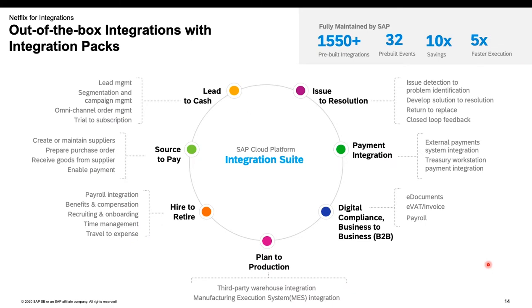So now here you will find an overview of the different integration packs that are supported with the SAP Cloud Platform Integration Suite. 1,550 scenarios and more are delivered out of the box, and you can find all these 1,500 plus integration scenarios on the API Business Hub for different core processes of the intelligent enterprise like lead to cash, source to pay, hire to retire, many further integration scenarios, digital compliance scenarios, for e-government scenarios, payroll scenarios, transport registration scenarios, 32 events